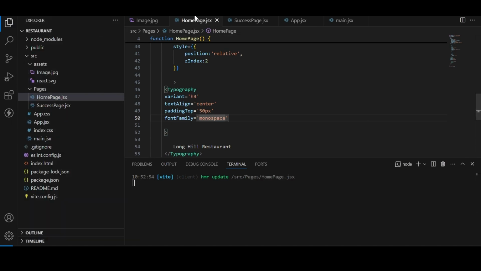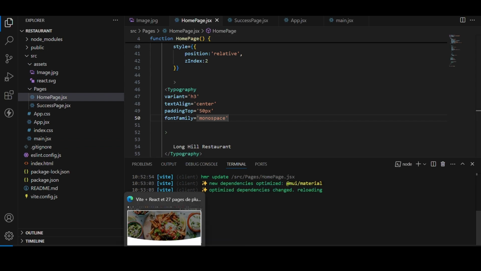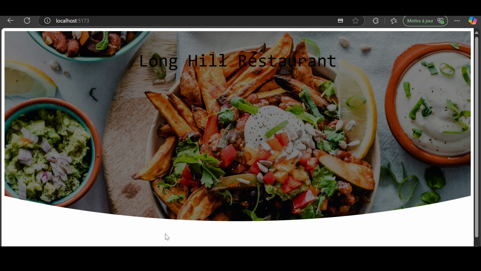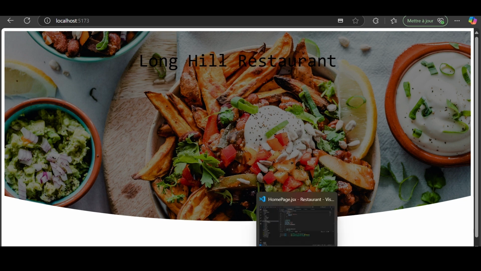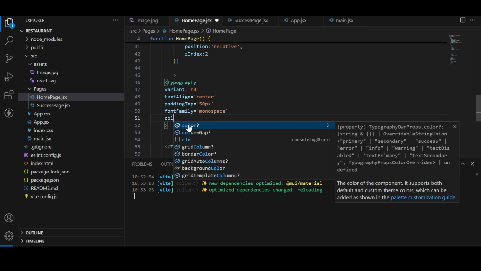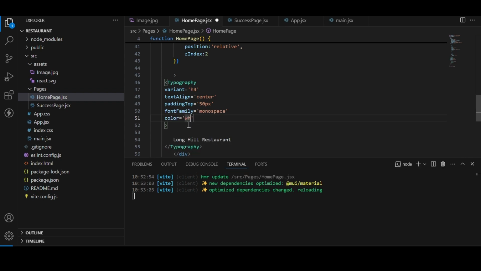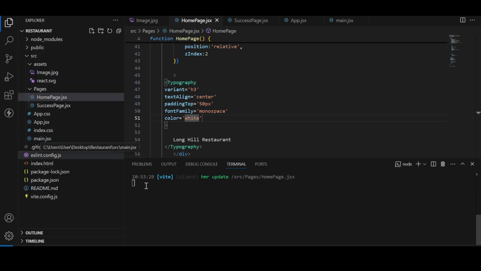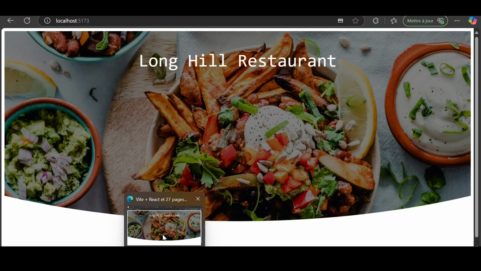and let's see how it looks. Okay, not bad. So here the color should be white. Save this and let's see. Okay,